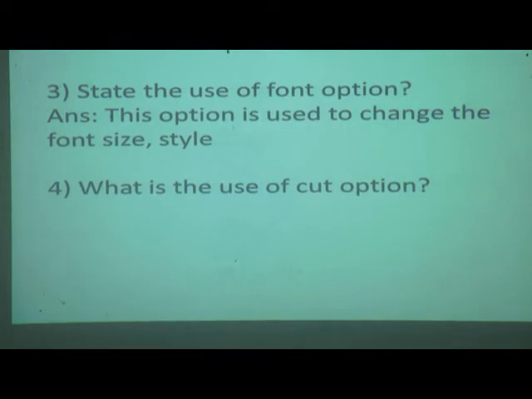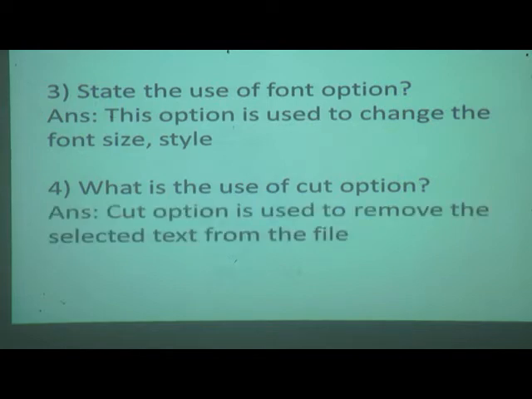Fourth one, last one question. What is the use of cut option?